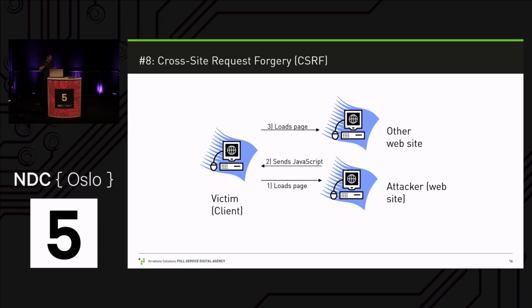So if the router implemented that, everyone in your routers would have a different token. So I cannot forge that HTTP request to change the WPA2 key because I do not know your token. I bought the same router, I got a specific token, but you got a different token. Right? So that protects against cross-site request forgery. So protection is easy, but you have to do it. Still, I don't understand why this is number 8, and let's say SQL injection is number 1. So I have some issues with that here.